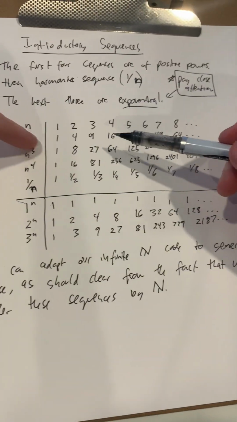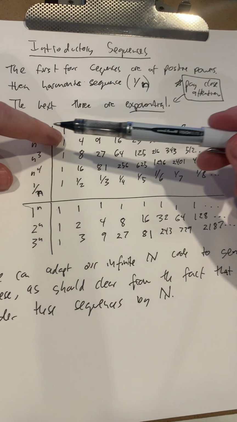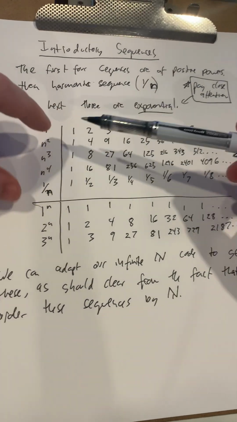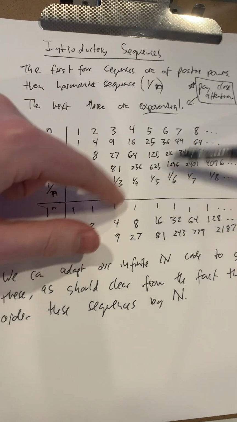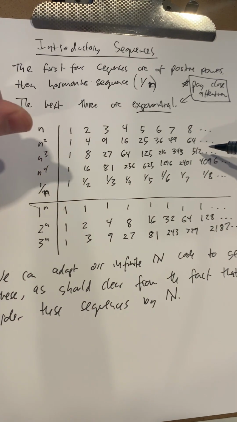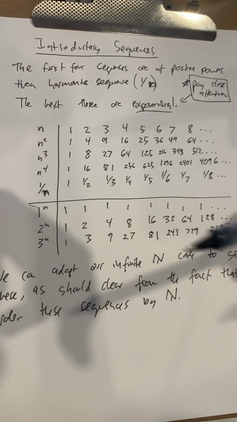Right, so we've got this nice comfortable ordering here. For every value of n, we're already generating a corresponding value for all of these. So if we can just figure out how they relate to each other,